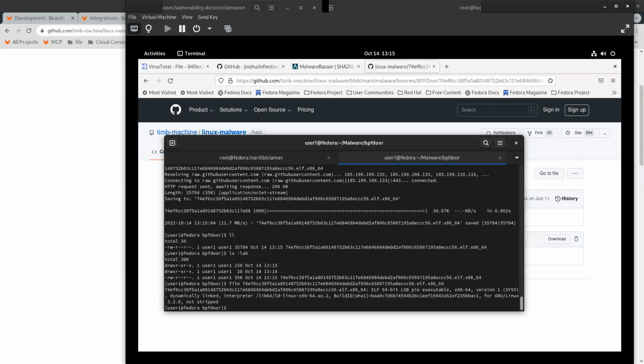Yeah, there we go. All right, so a couple of things to look at right away. It's dynamically linked, which I didn't expect. I would have expected this guy to be statically linked. Moreover, it's also not stripped. That means it's going to have our symbols in there. And I'll fire this guy up in Ghidra